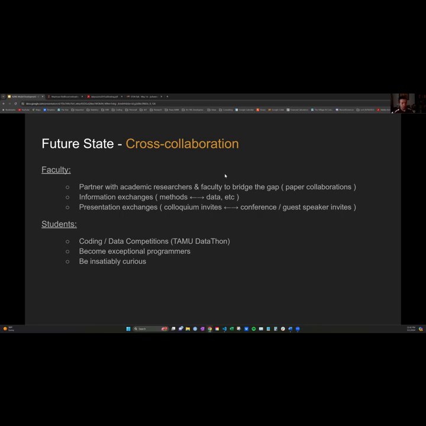We could bring you in. Now, that's just like things I thought about. I don't know if that's Wells Fargo approved or not, but I want to preface that by saying that. But in terms of any students out there, coding data competitions, I know Texas A&M has a really